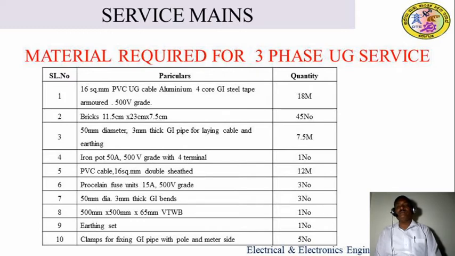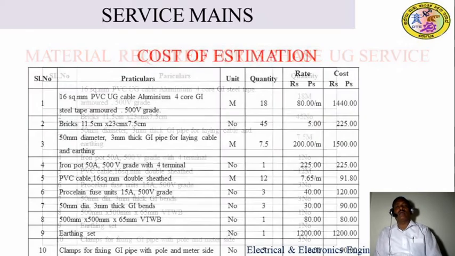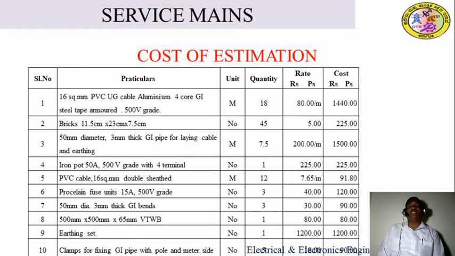So as per the calculations, we have to make the bill of material, or simply called a schedule of material, of the material required for providing an underground three-phase supply to the customer meter board. So these are the materials that should be required along with the quantity. So this is simply what we can say schedule of material, or it may be called a bill of material. Next we go to the costing of estimation.